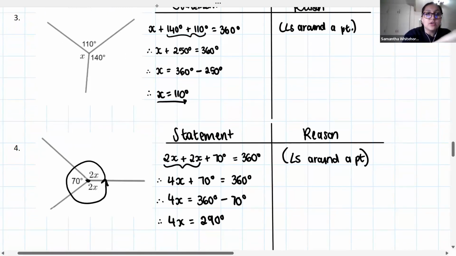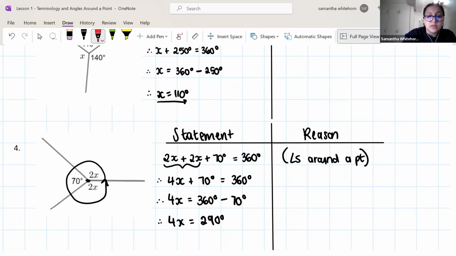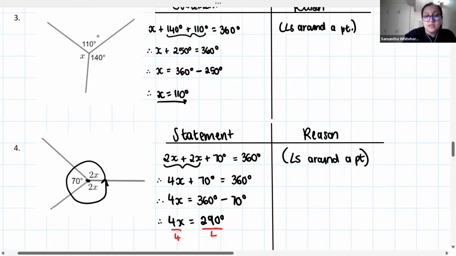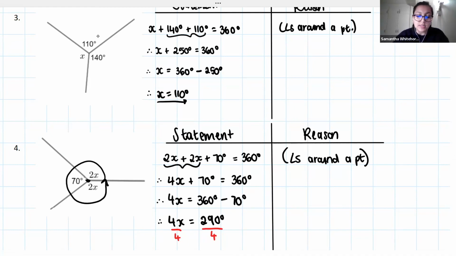So if we want to solve for x here, what we need to do is divide both sides by 4. Because remember, we want to get x alone. So we take 290, we divide that by 4, and that gives us that fraction answer that a lot of you were writing down of